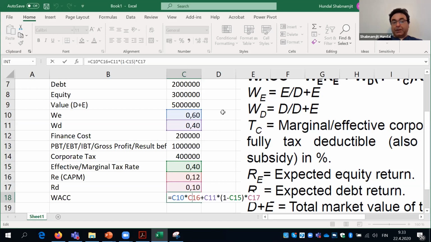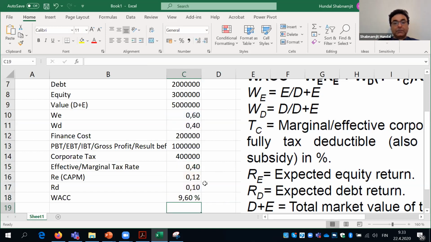And C17 we multiply. C17 is the debt cost, which we have, and you can calculate by yourself the average cost of debt. But we don't just multiply them together. We take away, because if the tax rate is 40% in this example, then 40% of your interest payments is basically tax deducted. So we minus, so only 60%. If the tax rate is 40%, you're only paying 60% of the interest rate. In other words, you are paying less.